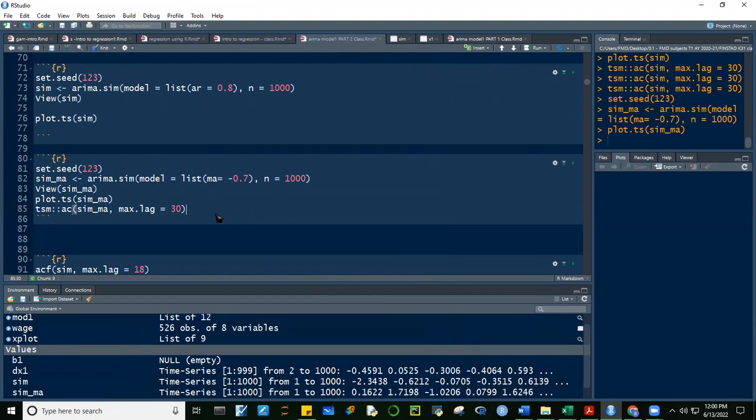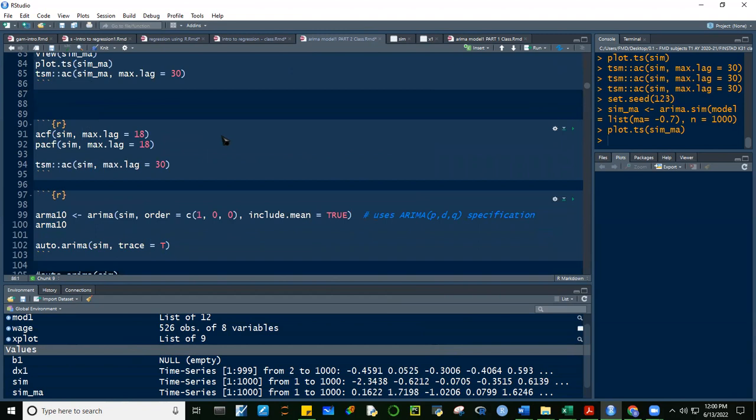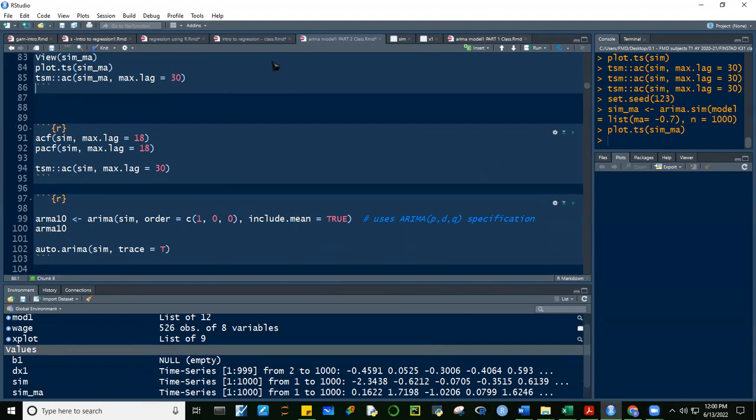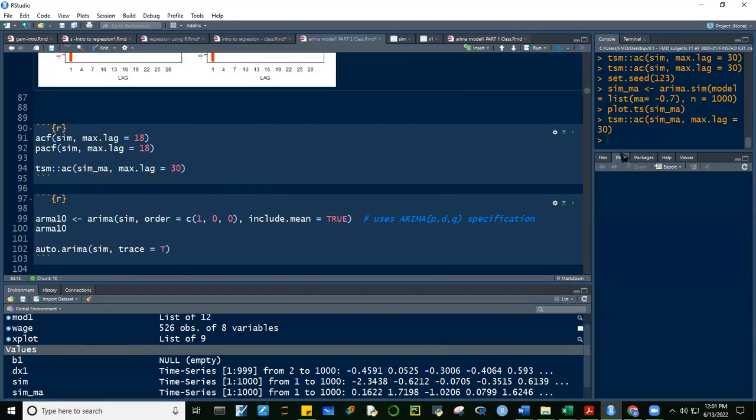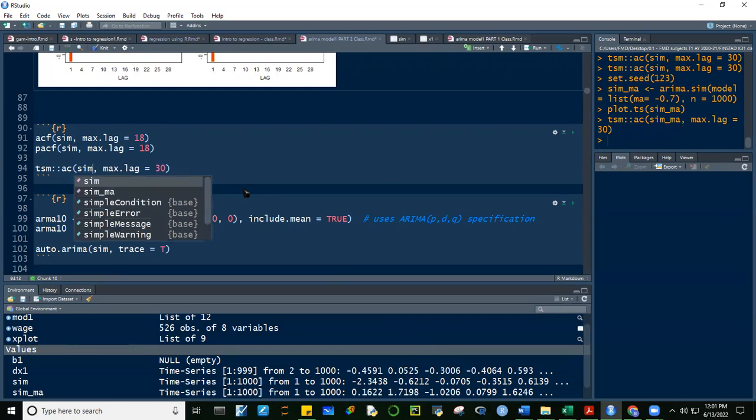Tama naman, di ba? Simulation MA, yes. Hindi siya na. Wait lang ha. Ayaw pa rin. I don't know what's happening here. Dito ko siya i-run. Ayan. Tagal lang talaga. Kailangan talaga patience dito.